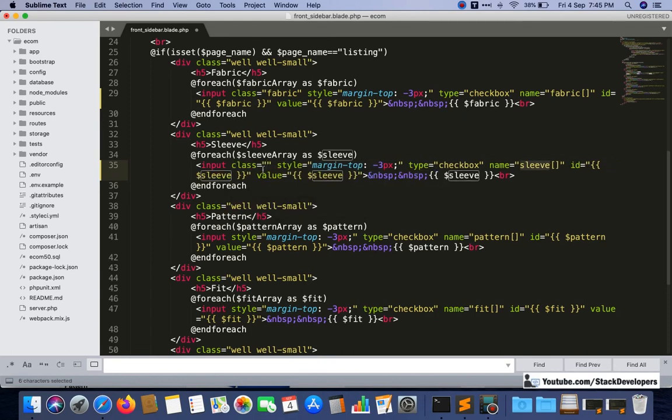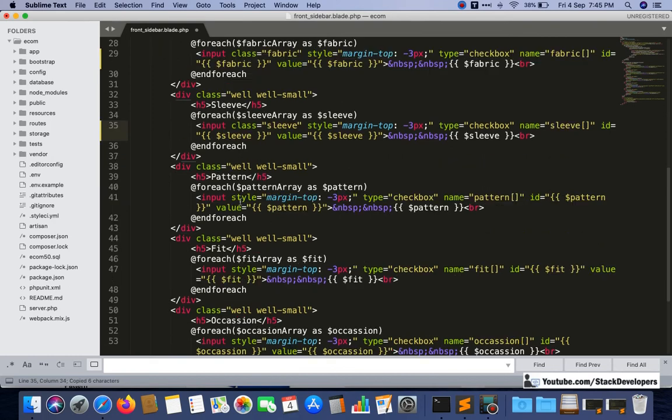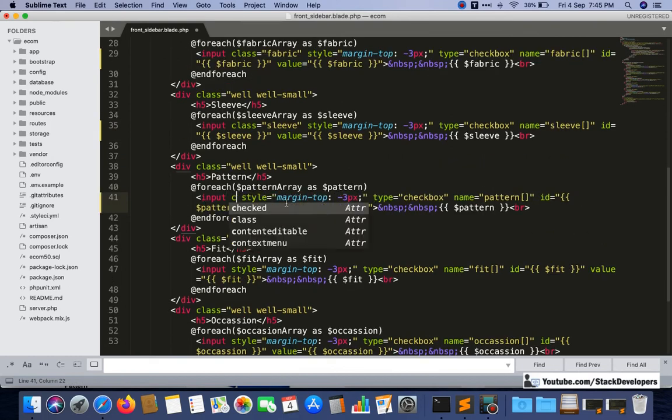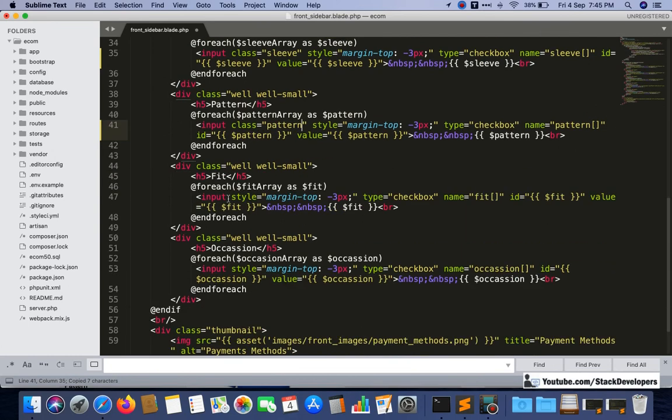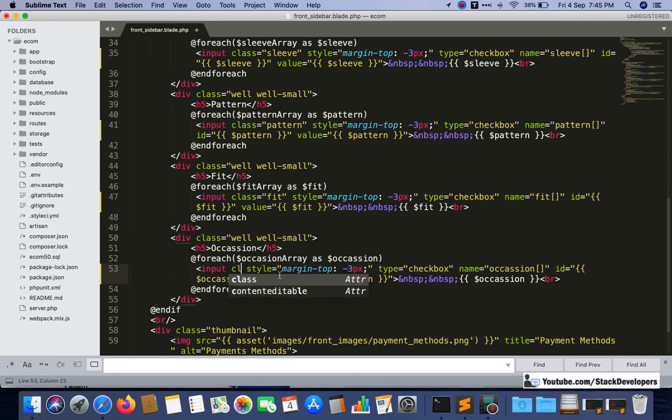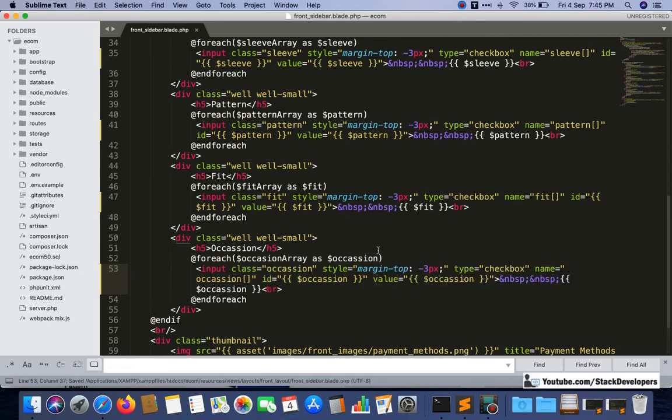Its name is sleeve, so I will give sleeve. Its name is pattern, so I will give pattern. Its name is fit, so I will give fit. Its name is occasion, so I will give occasion. So all the filters have a class exactly the same as the name of the filter.